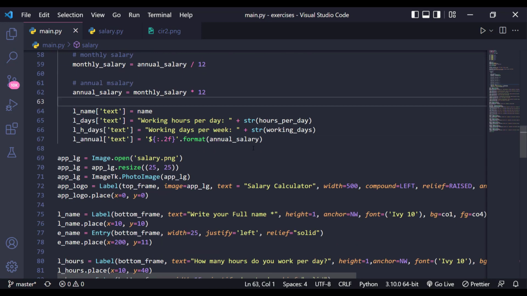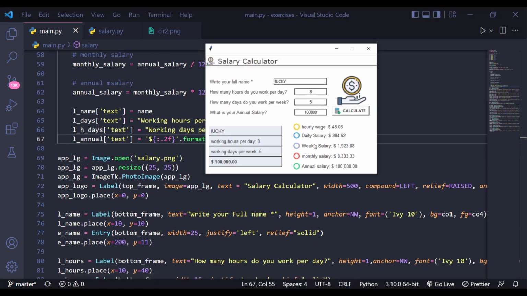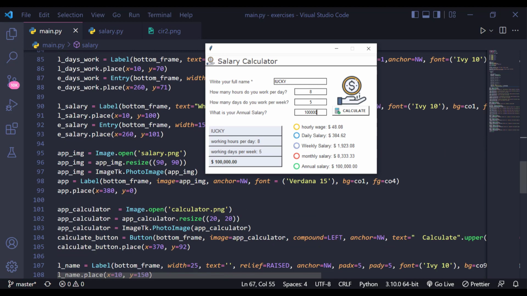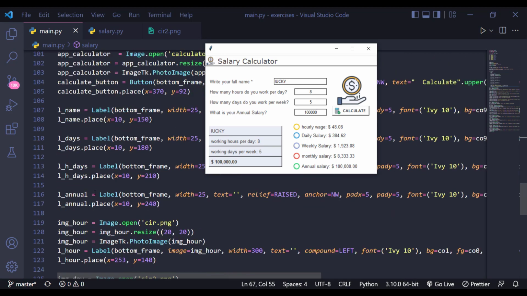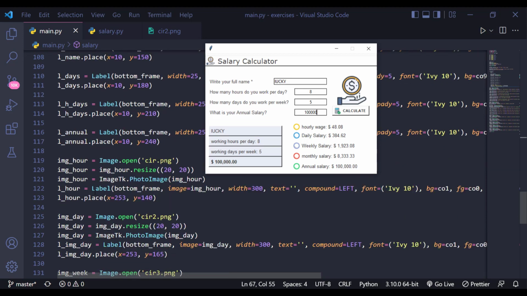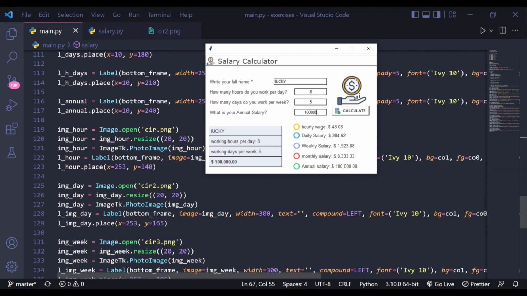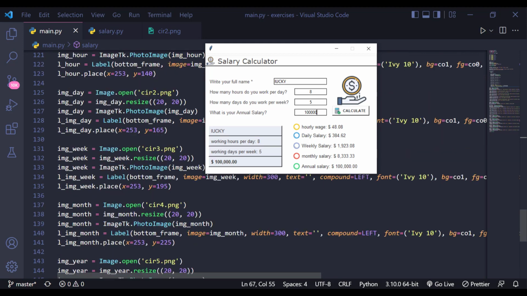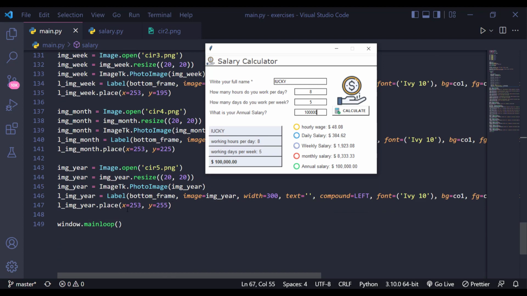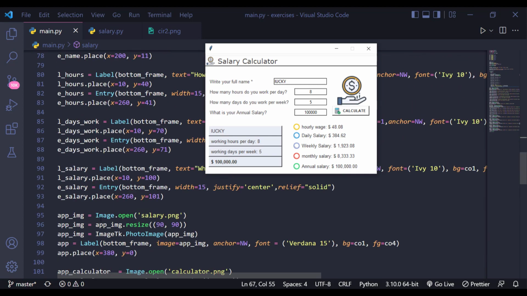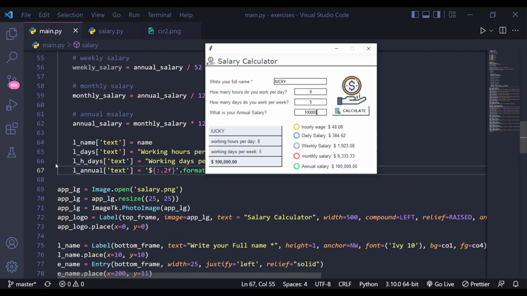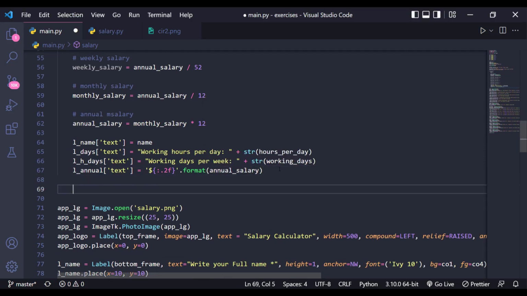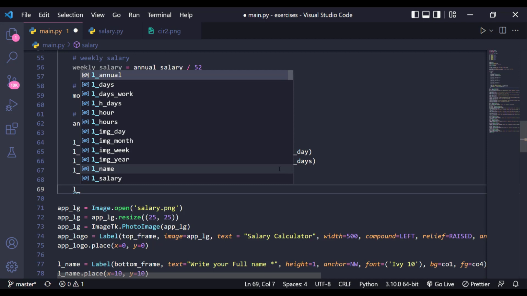And once we are done with this, we have to show these things. So from where are we going to get these things? From this LR, L image day, and L image week, L image month, L image year. So we are going to place those labels. How? Do the same thing. First we'll work on LR